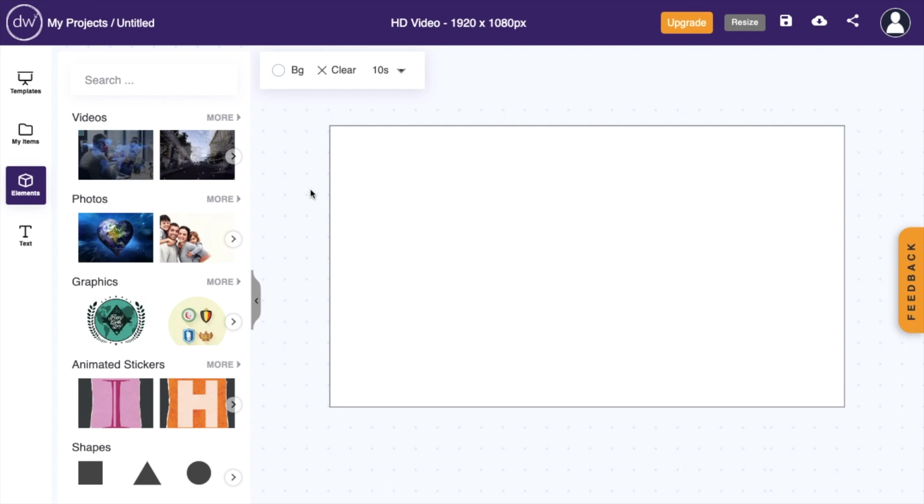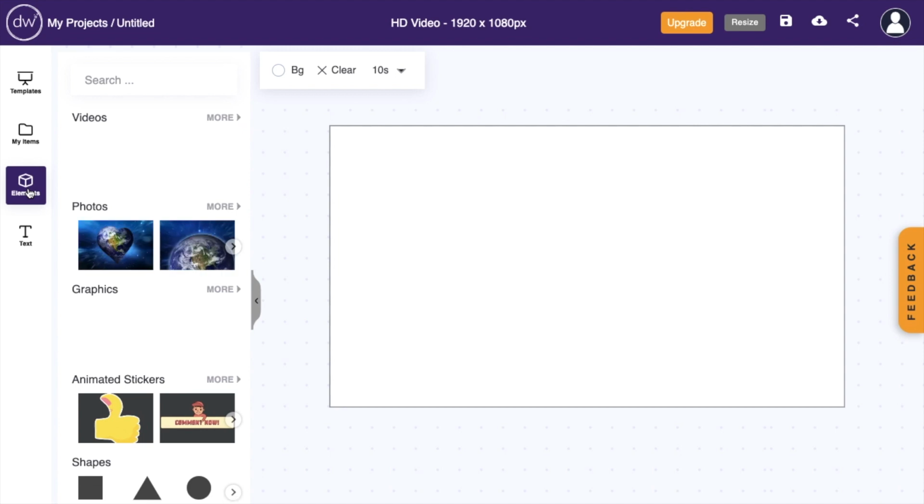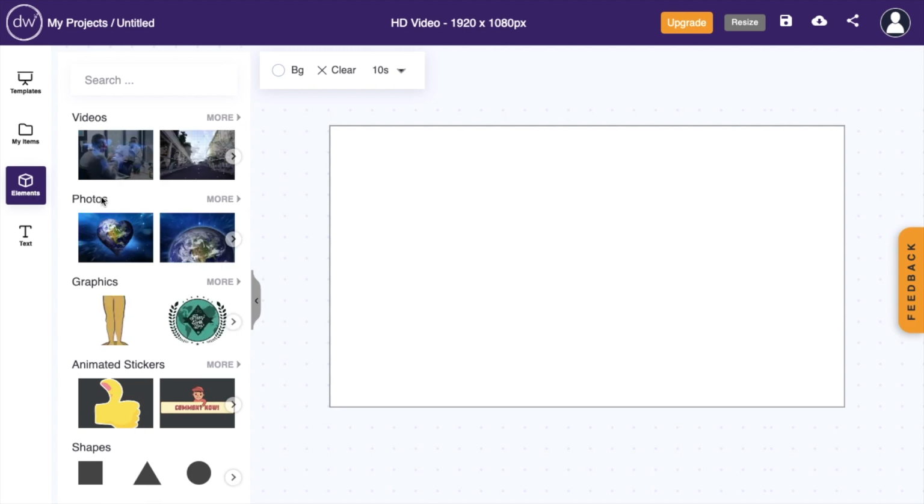So in this Design Wizard tutorial video, I'm going to be showing you guys how to add stock photos into your design in Design Wizard. The first thing you have to do is obviously open up Design Wizard, then go to the left hand side of your screen and make sure you go to the Elements tab. So for example, if you're on the Text tab, just simply go ahead and press on the Elements tab right above it. Now where it says videos, photos, graphics, etc., you want to go ahead and press on photos right